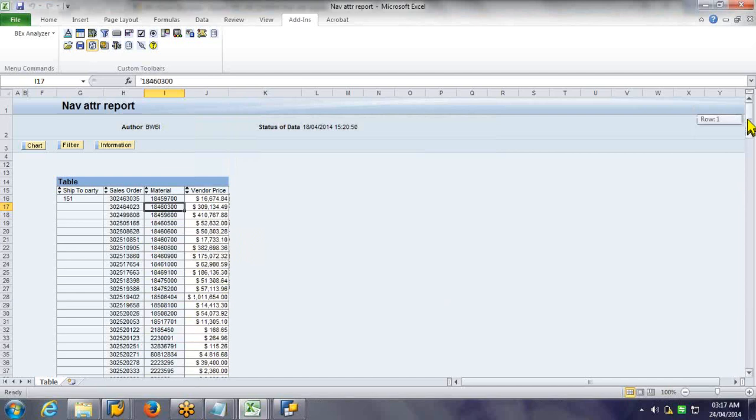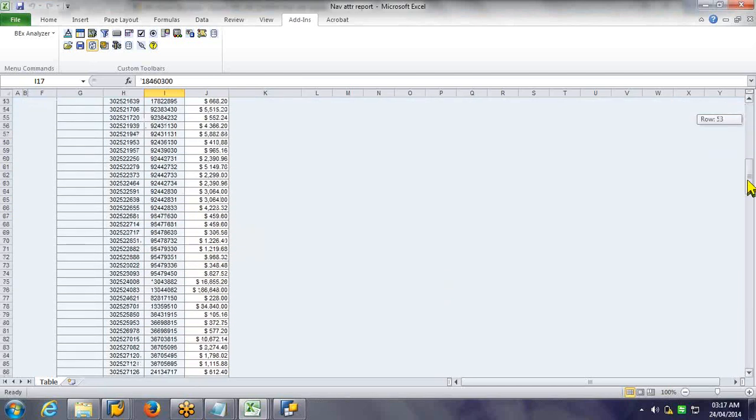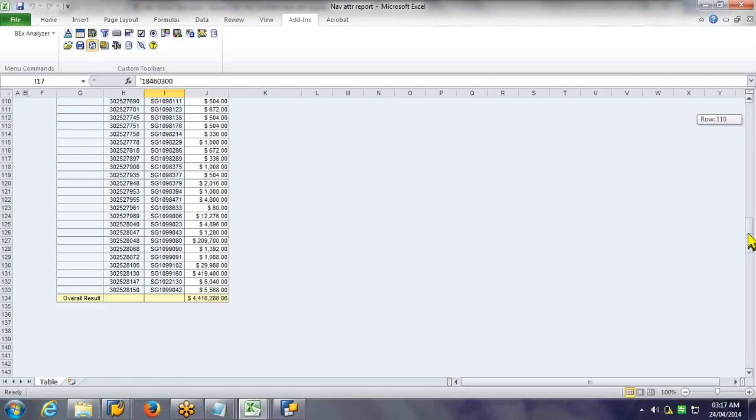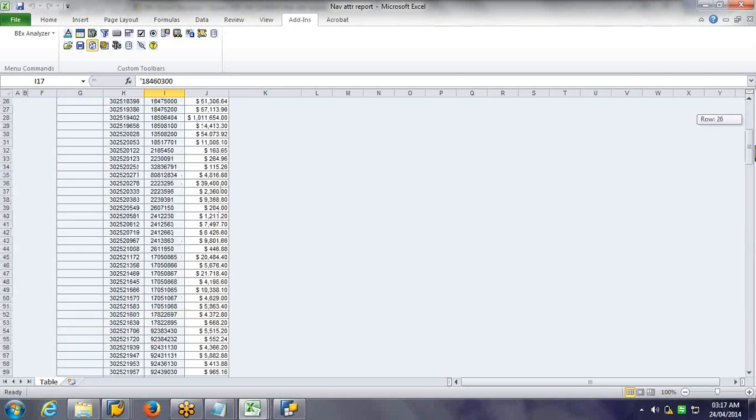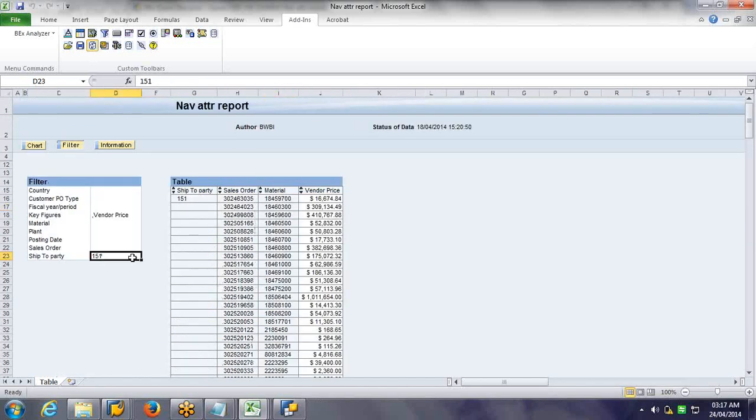Okay, now are you seeing only the 151 customer, ship to party? Only those details you are seeing. But the user may want to see other ship to parties later on. So you can click on filter and remove this one.